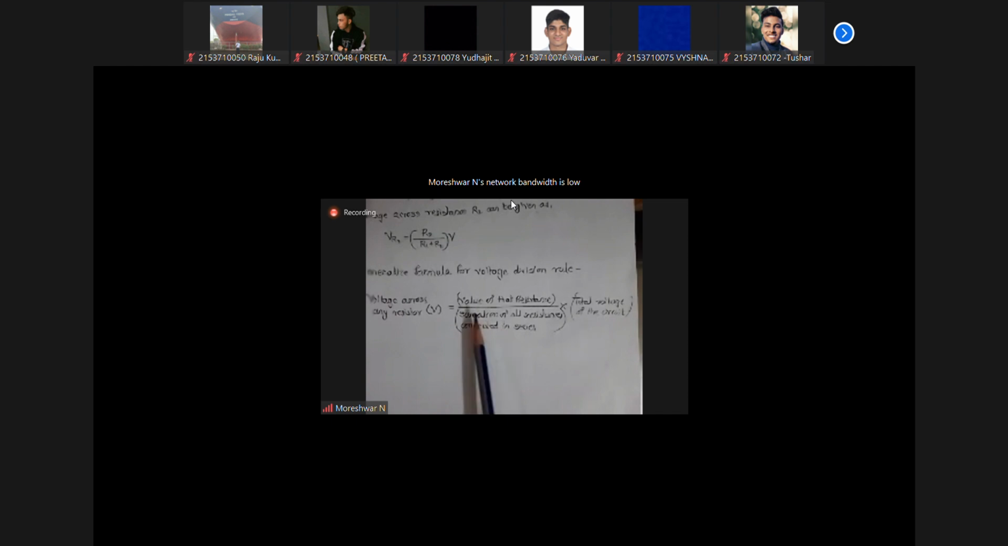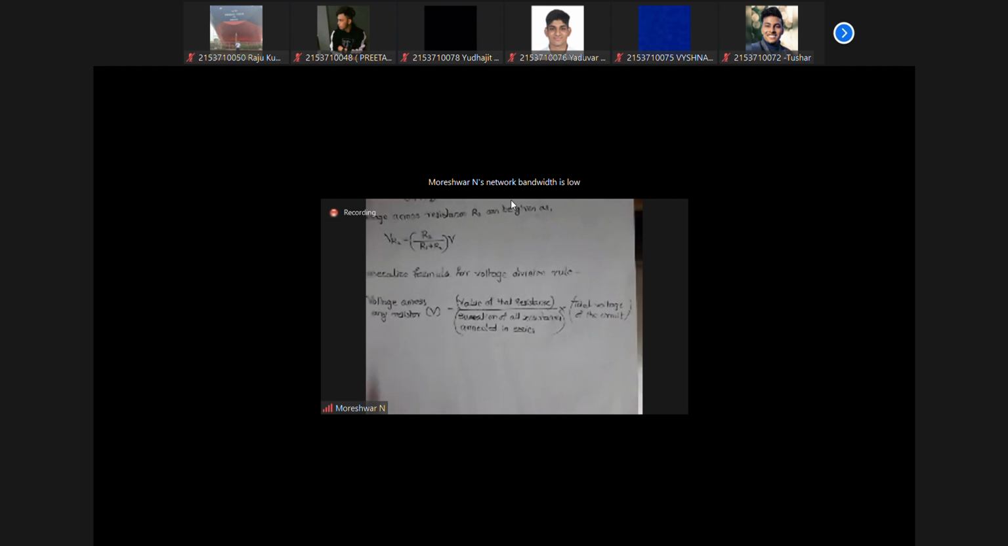The formula is: the value of the resistor whose voltage drop you want to calculate goes in the numerator, divided by the sum of all the resistances connected in series, with values in ohms, multiplied by the total voltage of the circuit, meaning the applied voltage. This is the resistance ratio multiplied by the applied voltage. By using this formula, we are able to calculate the